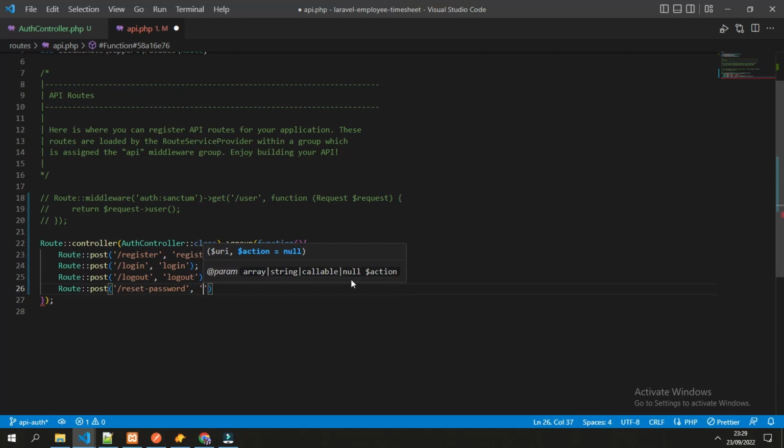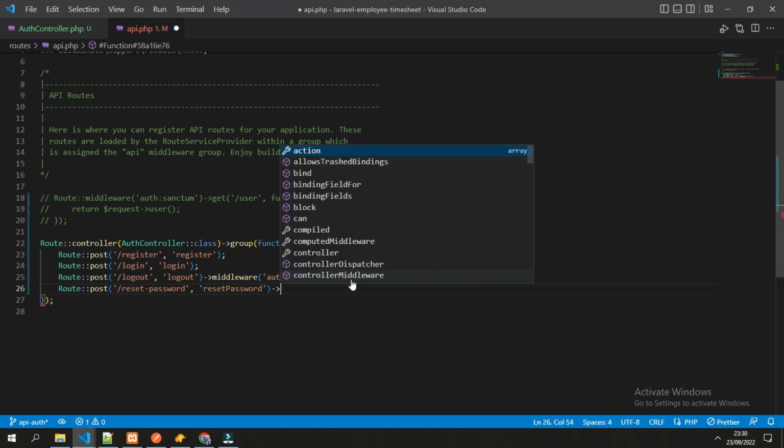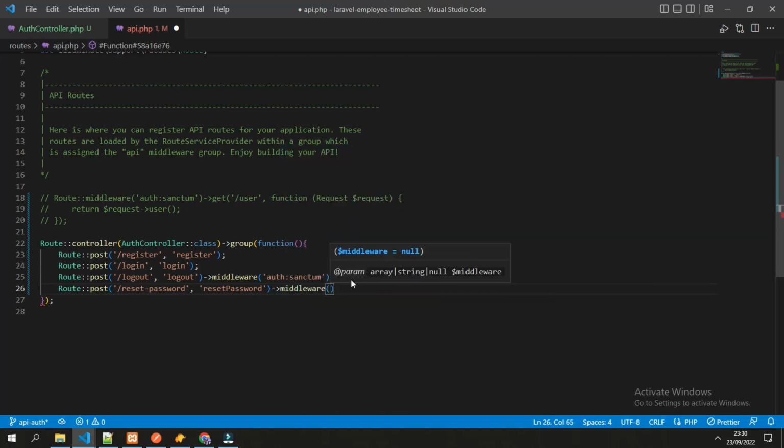The action name would be the function name, which is reset password. And still the same, we need to add the middleware auth:sanctum.